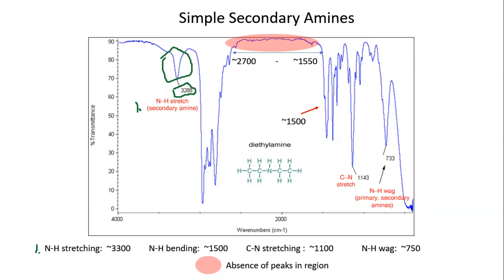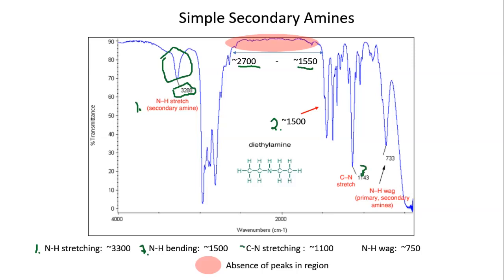And then between 2700 and approximately 1550. Again, there's a little wiggle room, but you see there's no peaks in this region for a simple secondary amine. And then around 1500, we have our second major peak, which is the NH bending. And then around 1100, we have our third important peak,